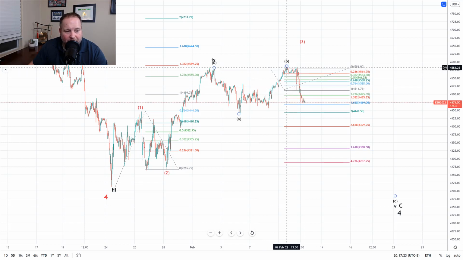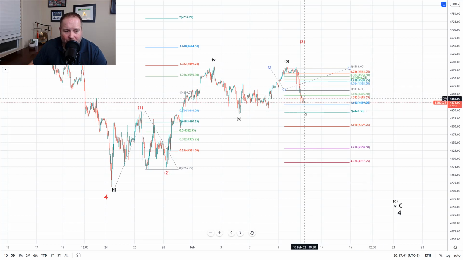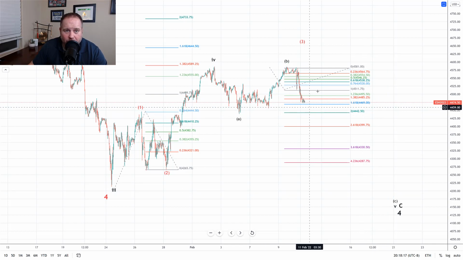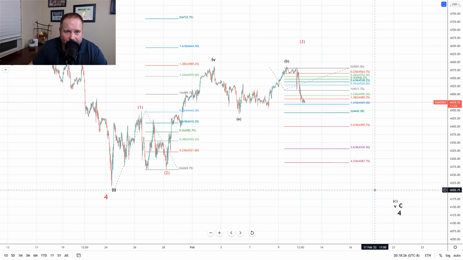So with the bulls being unable to take out the high, the bears needed a 5-wave move down and a break of the 764 to turn this structure into a bearish move down, and that's what it looks like we've got. So we have wave 1, 2, 3, 4, and it looks like they're completing 5 down here to the 4469 to 4442 region to complete wave 1 of this C wave down. So from there, we would look for a bounce up to this 4511 to 4538 region, and then a continuation of the move down to this target down here at the 4150 zone to complete wave 4.